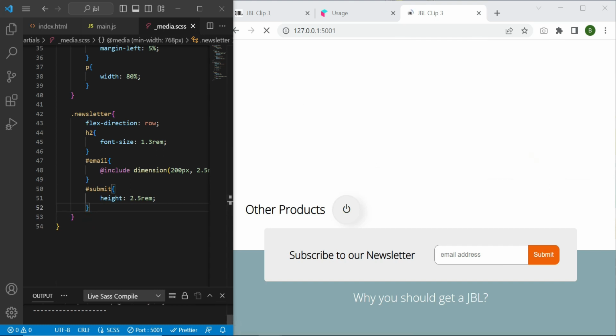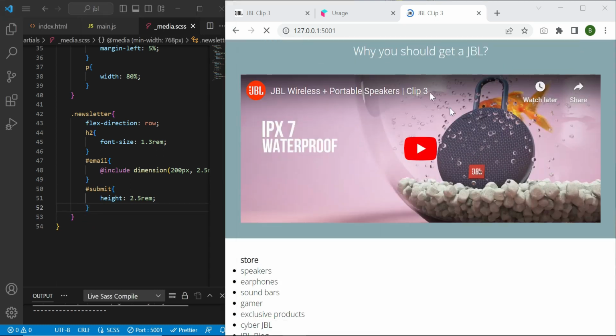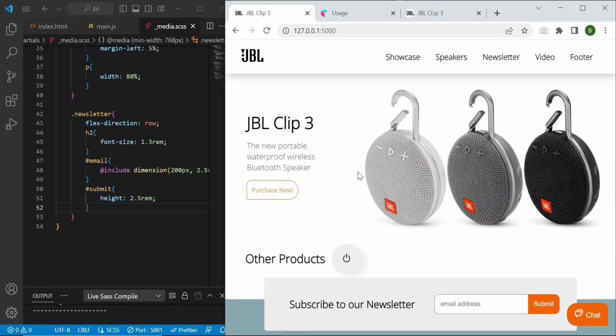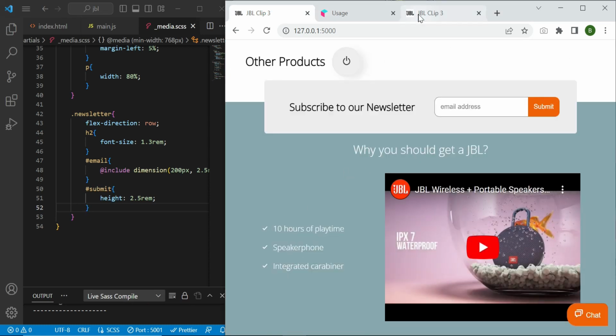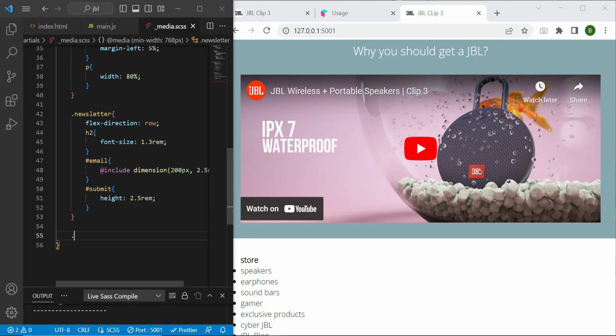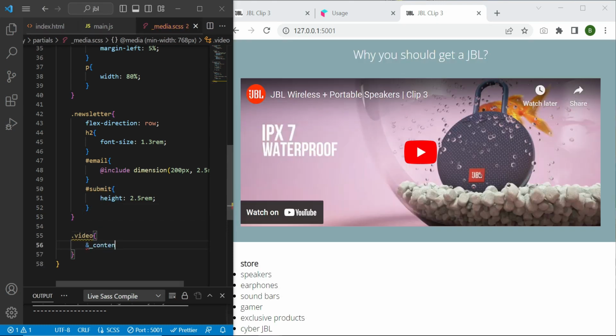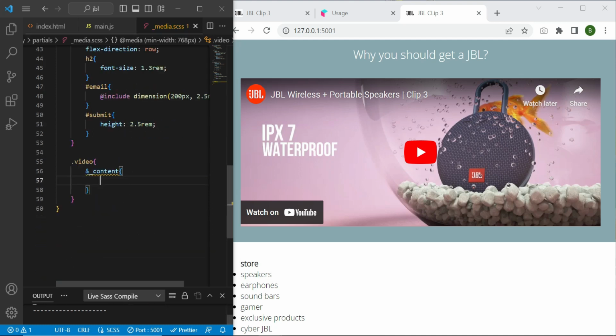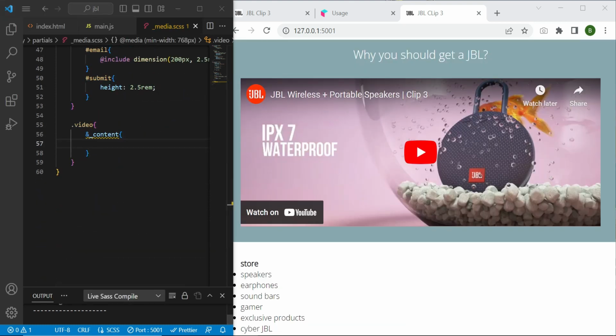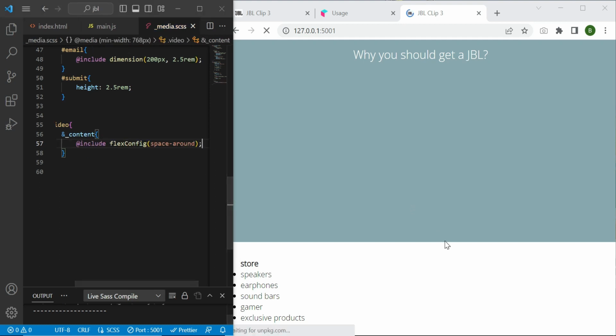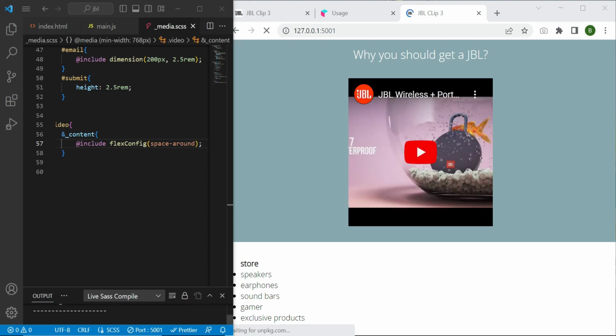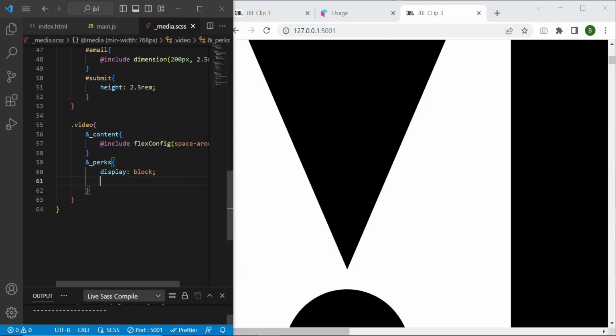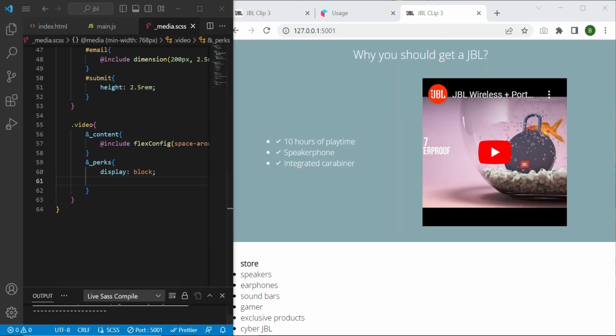Okay, now I need to target my video content because, as you can see, we are showing now the perks section right here. So outside of this, we need to say video underscore content. I need to call my mixing flex config. So just gonna grab this flex config, space around, but I need to display, of course, my perks first of all. So right here, close that up, displays a block element, and then give it a my